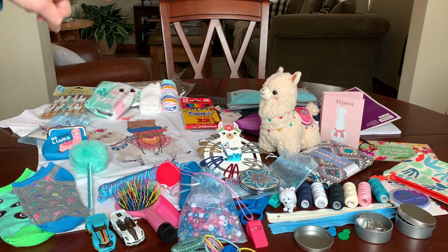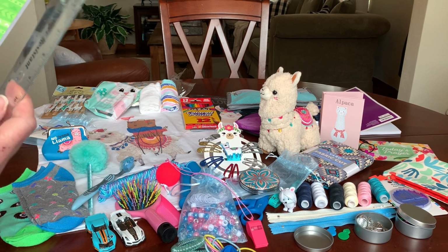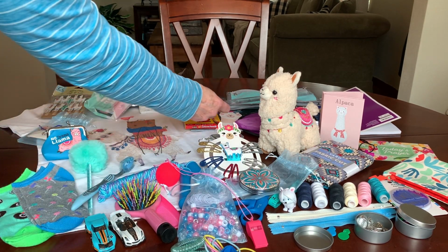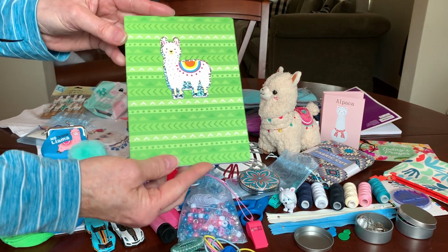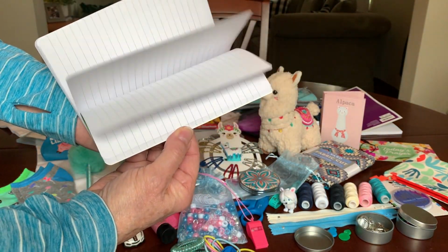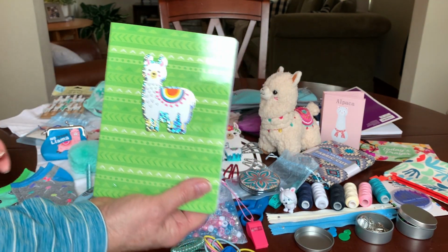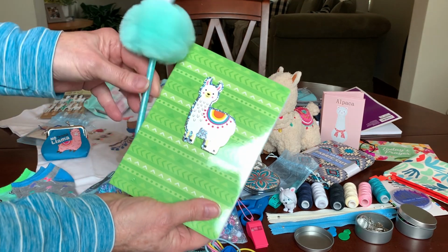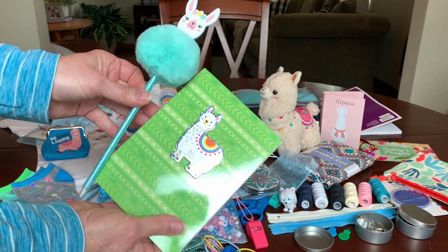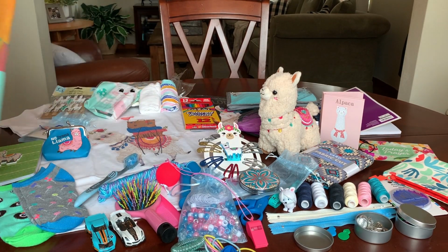I didn't include a scissor because she has a pair of scissors with her sewing kit. And she has a toothbrush with a cap. She's got a ruler, also for school, and an alpaca covered journal. Just lined paper with a cute alpaca on the front, and then she can use her alpaca pen to write in her journal. Last thing in her box is this